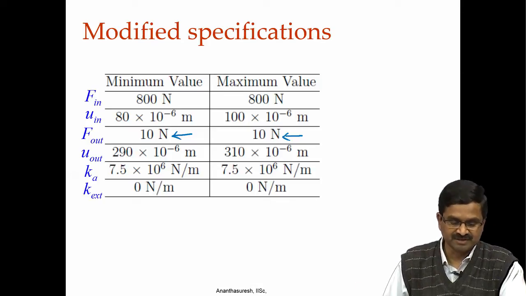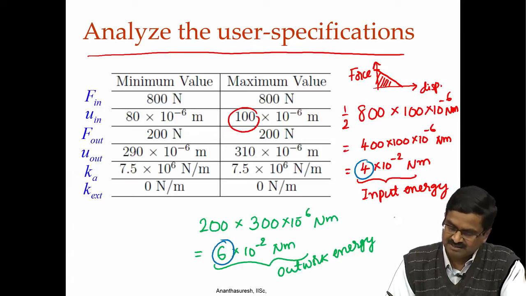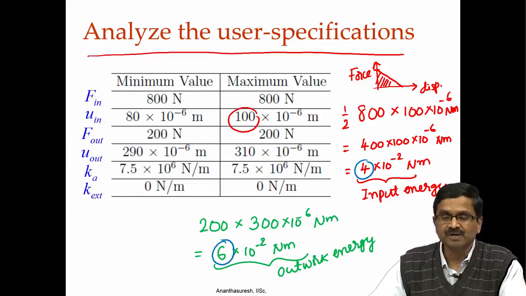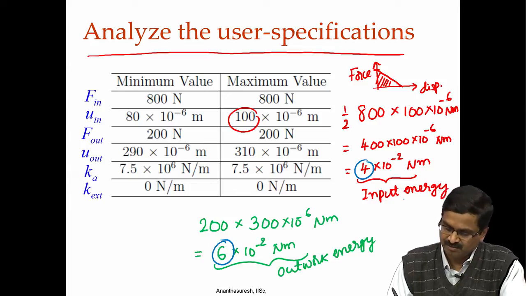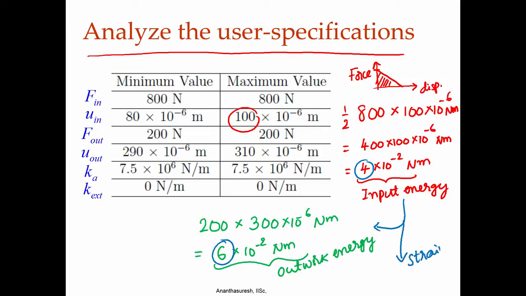Now, if you have these specifications, we can see that what was 200 we made it 10, that is, we reduced it by a factor of 20, which means that we have plenty of input energy. Now, 6 by 20 is what we have, there you have 4 into 10 power minus 2, 4 is there. So, we have plenty of input energy and part of that energy can be used to deform the compliant mechanism, that is, input energy can be split into output energy and strain energy for deforming the compliant mechanism that we are